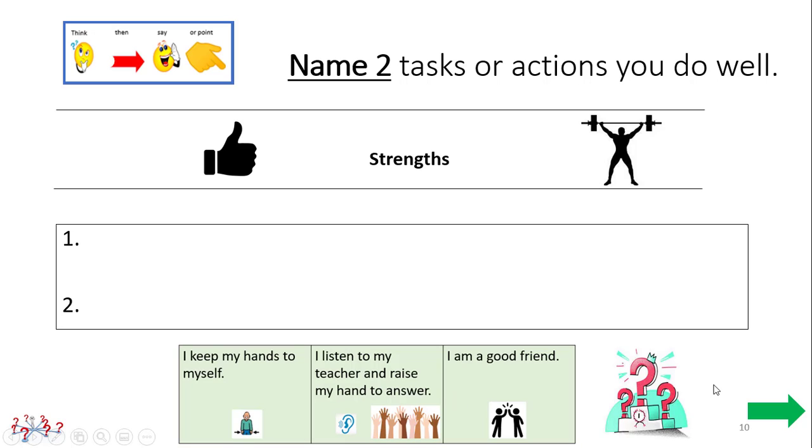Make your selections now. Be sure you're naming 2 strengths. Did you have a chance to name them? You can pause the video or continue on.